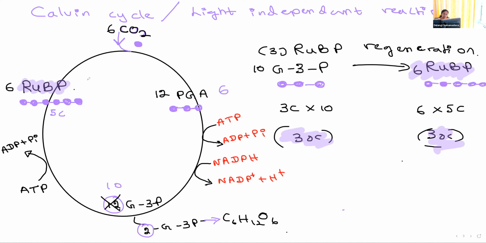Can you go back to the cycle and highlight PGA? So this is the Calvin cycle. This is the start of the Calvin cycle, the carbon fixation. During the carbon fixation, we're going to use the carbon dioxide and RuBP and create the first stable compound. Can you highlight it? So PGA is the first stable compound